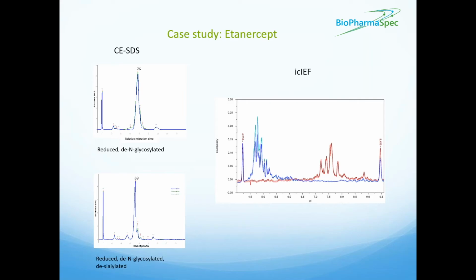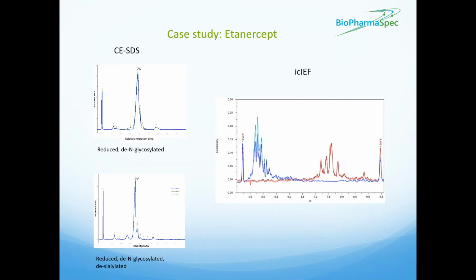We've also decreased the heterogeneity a little as well, because we have taken the source of that heterogeneity away, the variation in the charges based on the sialic acid. Now, there will be other factors at play here in terms of defining precise charge profiles, so that's why you don't have a single peak for the desialylated species. But you can see that they are now considerably more basic and less heterogeneous as a result of the treatment